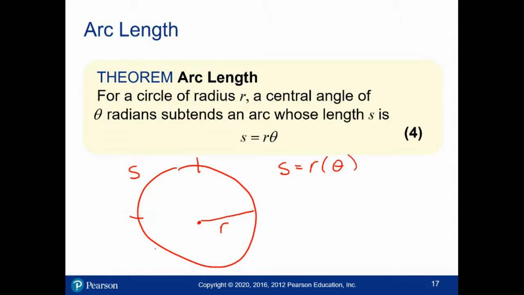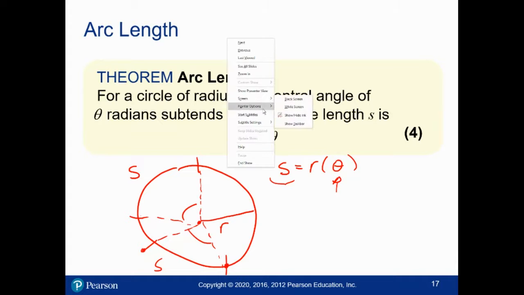In any case, if I mark off the same distance in 2 different places on the circle, they're going to mark off the same angle inside the circle. So this angle inside the circle defines an arc length on the outside. And I can then say, the angle is going to be measured in how many radii it creates on the edge of the circle. So for example,